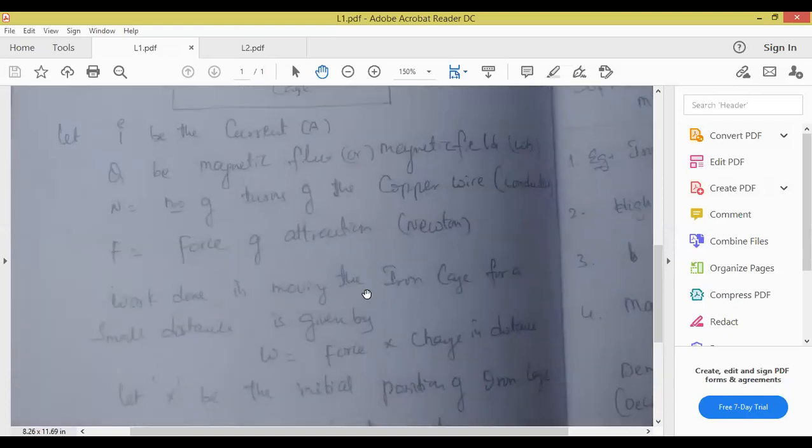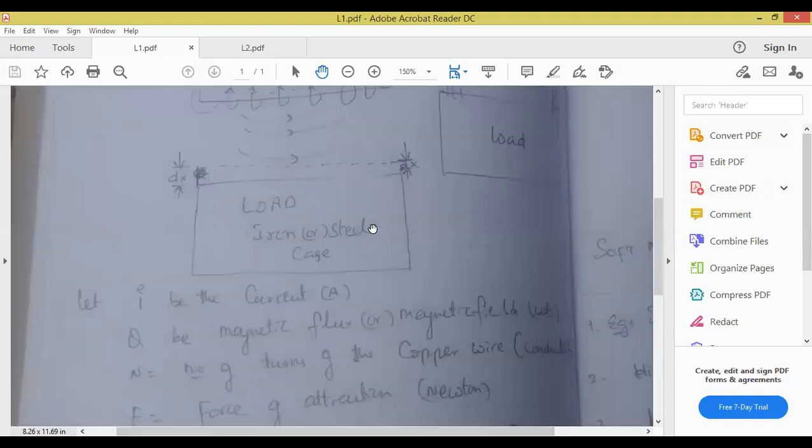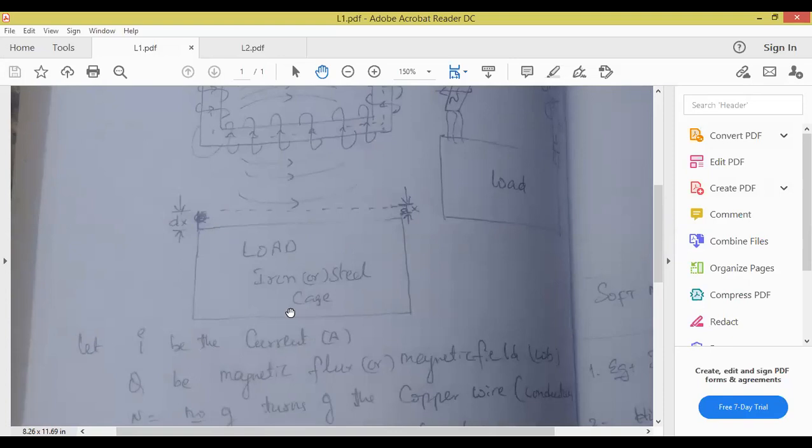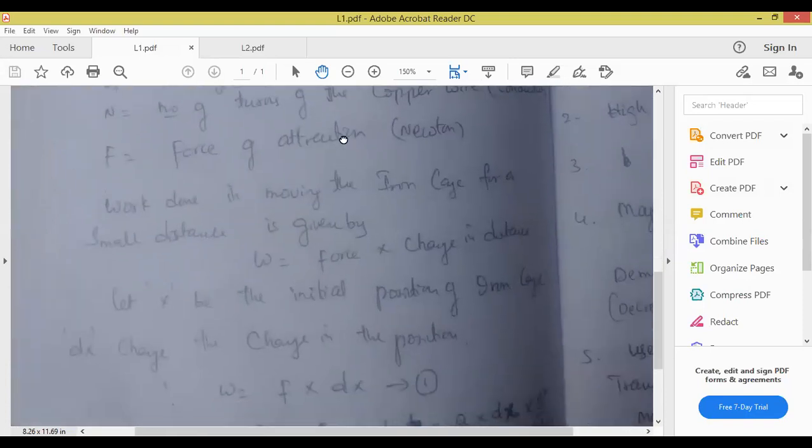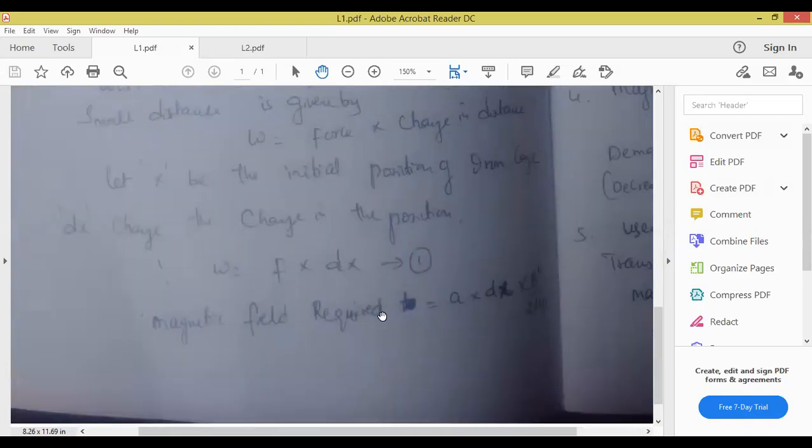Now all the students, you see how many sides the iron cage is having? 1, 2, 3 and 4 sides. Yes or no, all of you? Yes, sir. So we have to create the magnetic field, and the magnetic field should be applicable for how many sides? 4 sides. Generally we will never use the word 4 sides and 3 sides; we use the word area. So how much magnetic field do you have to generate? Magnetic field required is equal to area of the cage, A stands for the area, into dx, the change in the position.